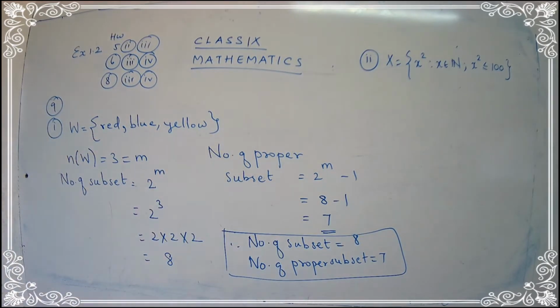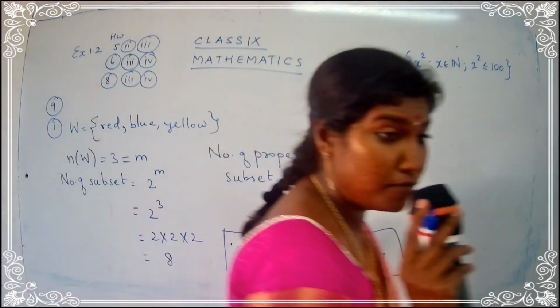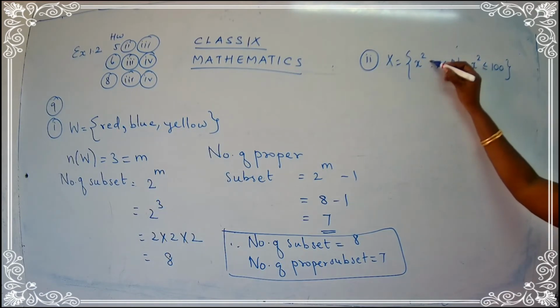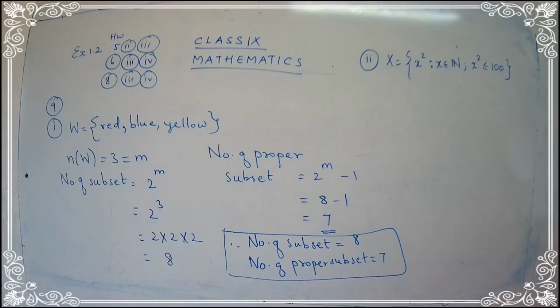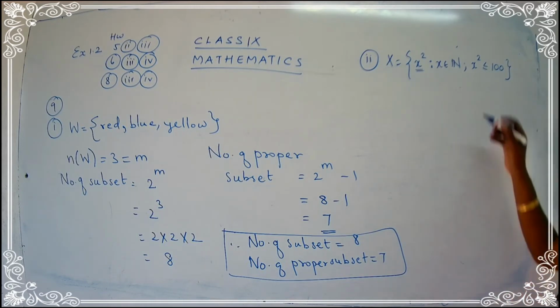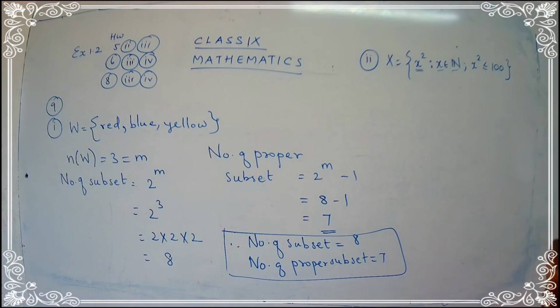So here, this is which form, children? We have studied 3 different forms. Yes, what were the 3 different forms? Descriptive form, set builder form, roster form. Now what is coming over here? Such that. So when such that comes, it is a rule form or set builder form. So what are we going to do here? We are going to write the value for x square. What is the value for x? X belonging to N.